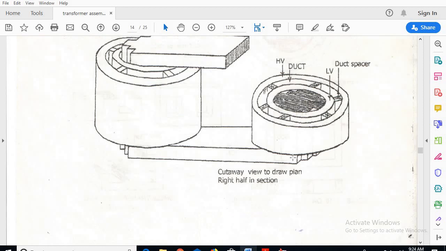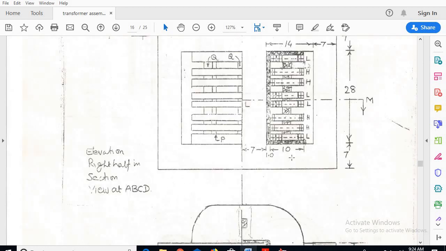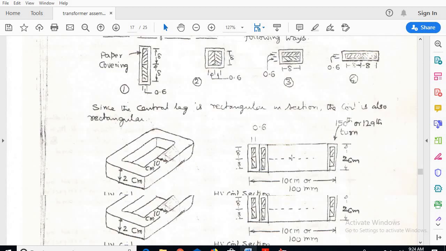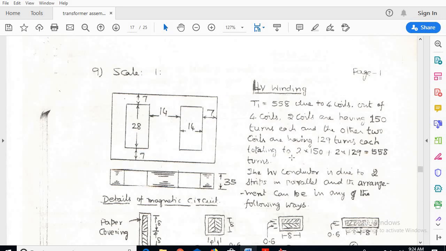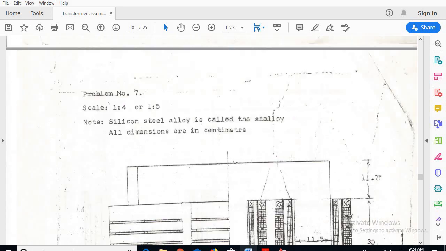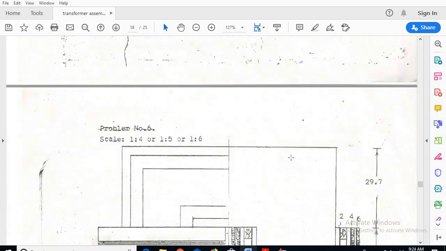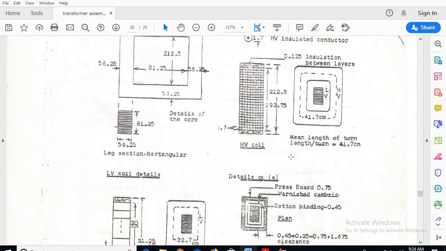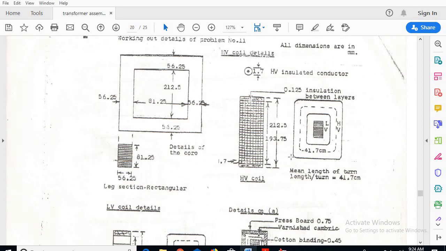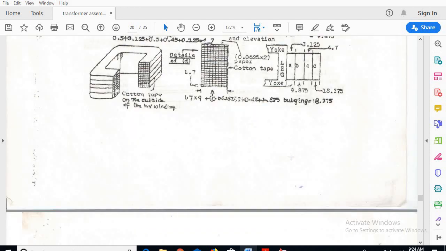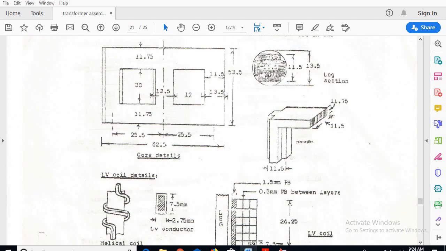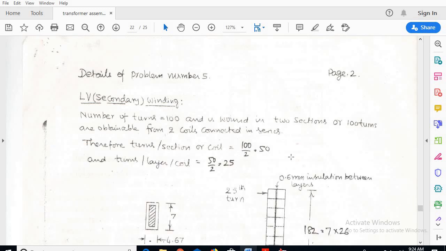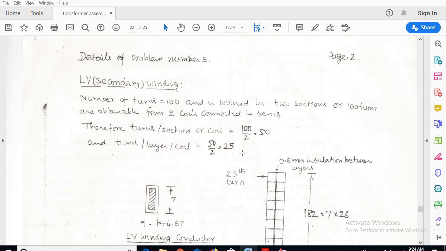So now, what we have seen in the numerical, we can see here in the solution. This is the details of the problem of the fifth numerical.